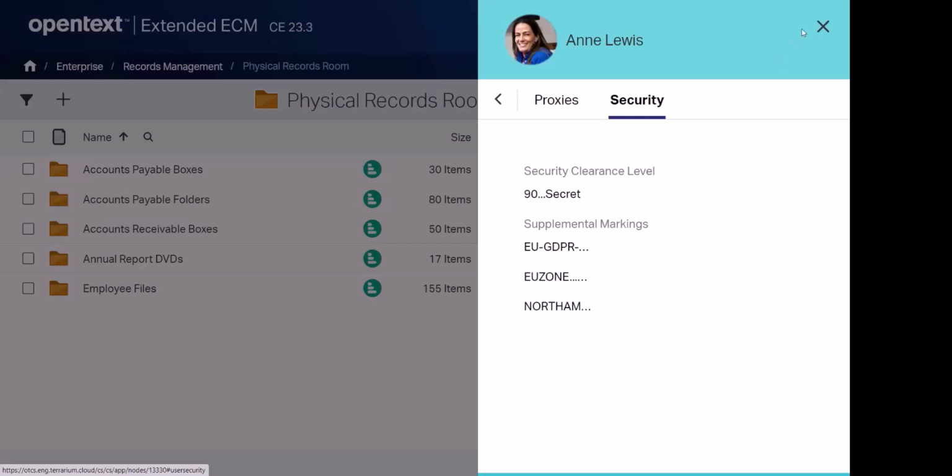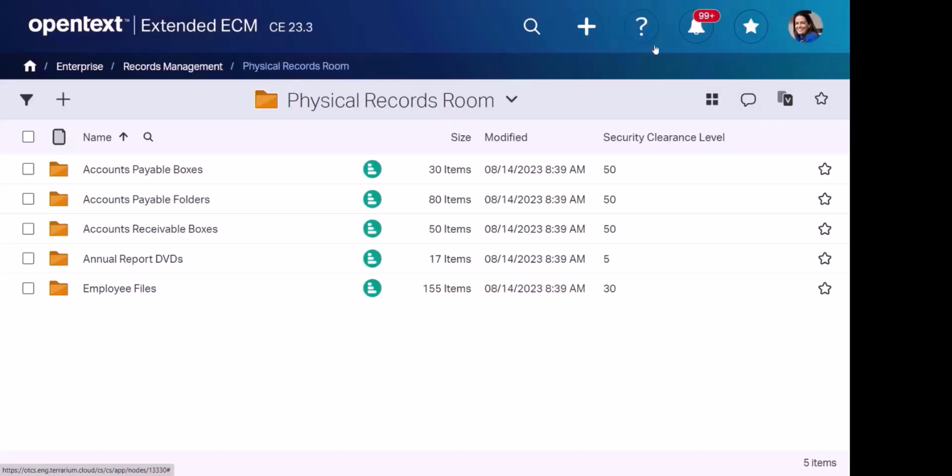We see in this physical records room, Ann can see the accounts payable folders, annual revenue report DVDs, and employee files. You can see over here the security clearance level for each of those objects. Ann would like a bigger role within the company that requires a higher security clearance level to perform the necessary